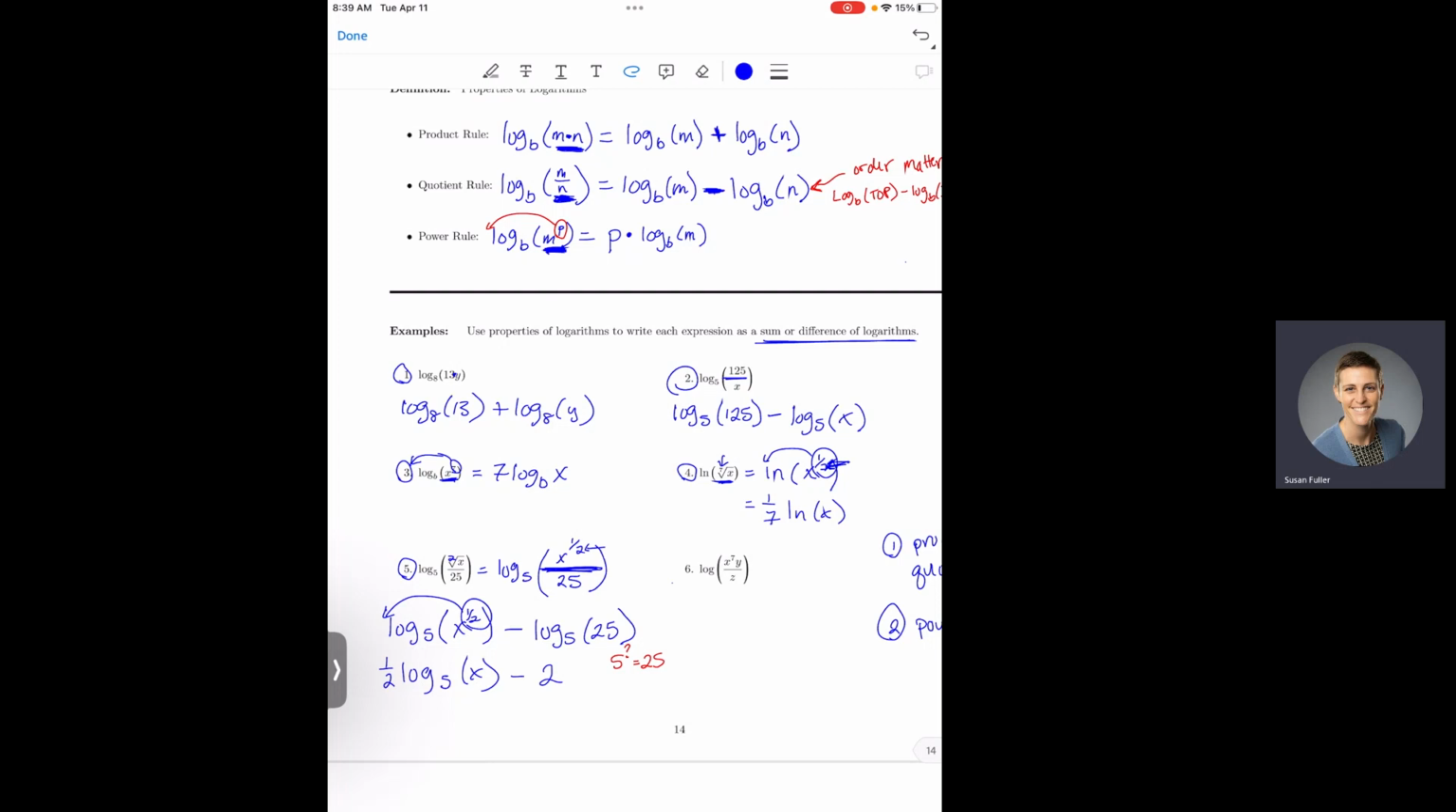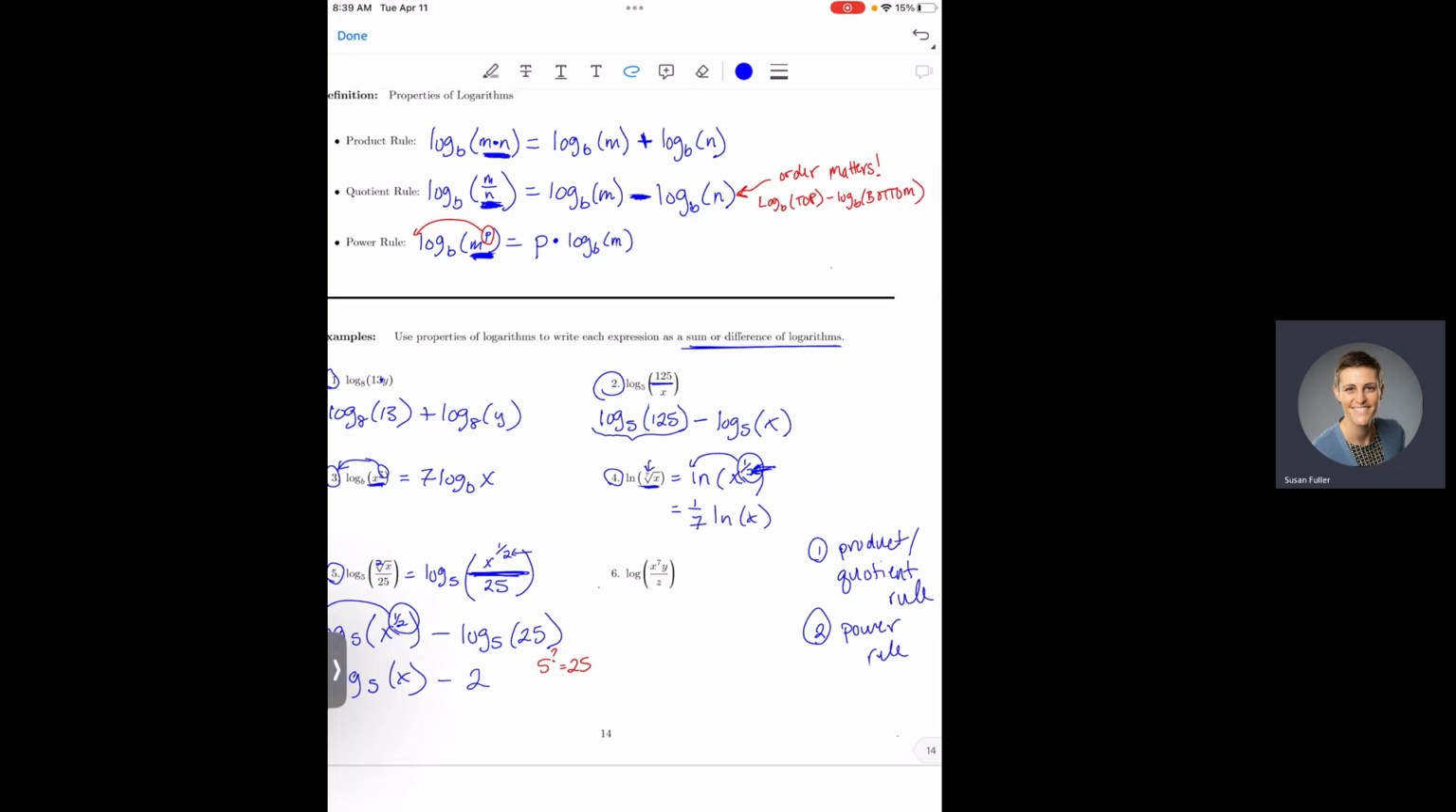And I actually missed one up here in number 2, this log base 5 of 125. That was another one that we could do. I totally missed that before. This one says